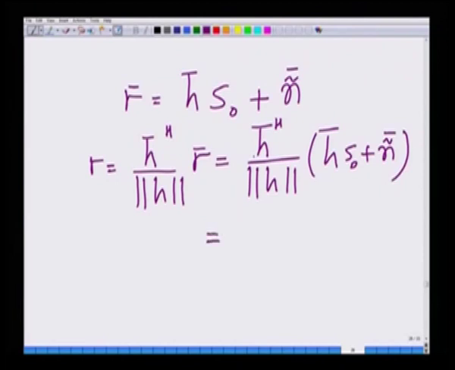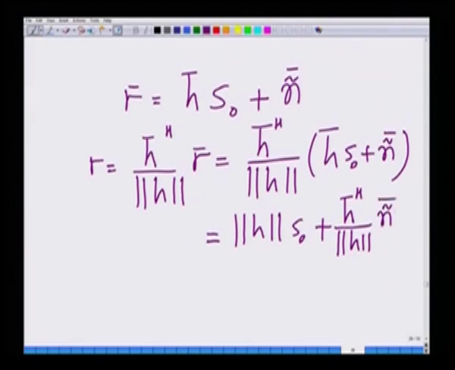This is nothing but H bar Hermitian H bar, which is norm H square, divided by norm H. So, this is norm H into S0 plus H bar Hermitian divided by norm H into n tilde bar,